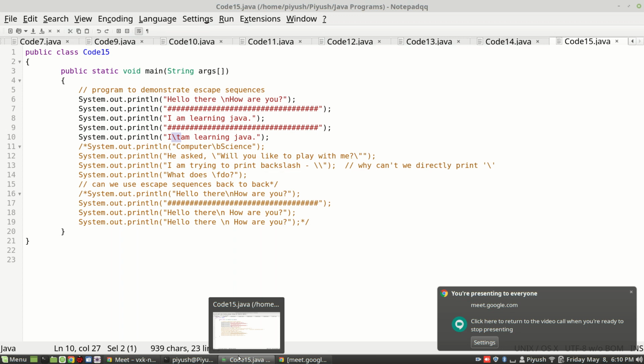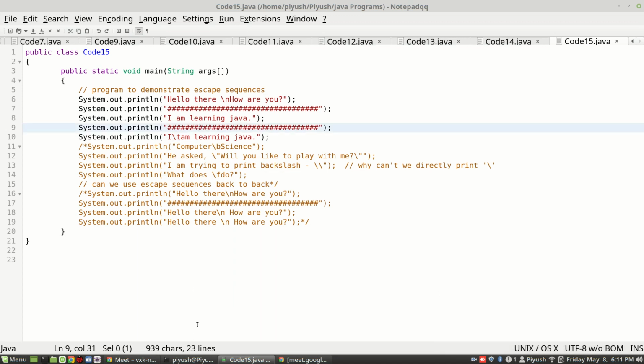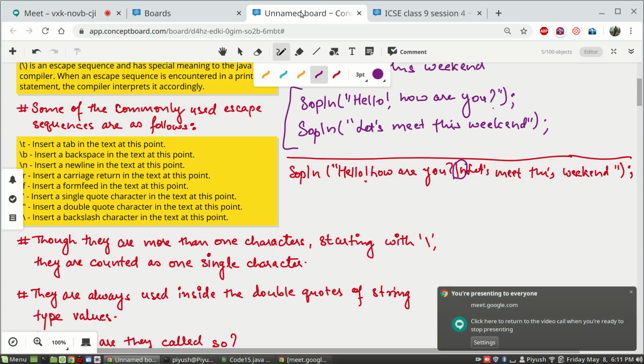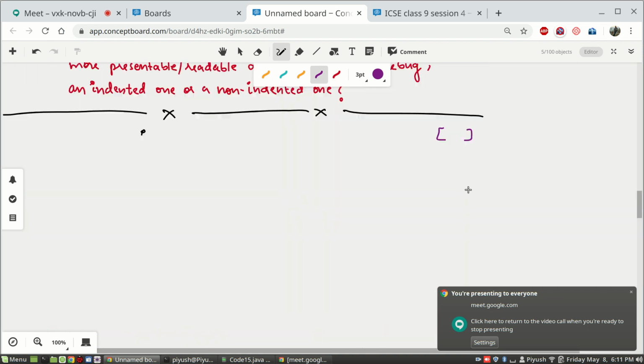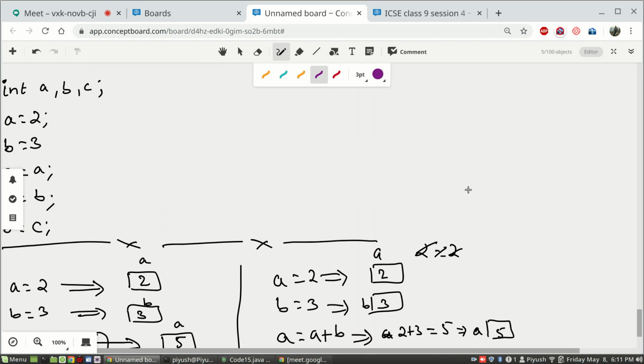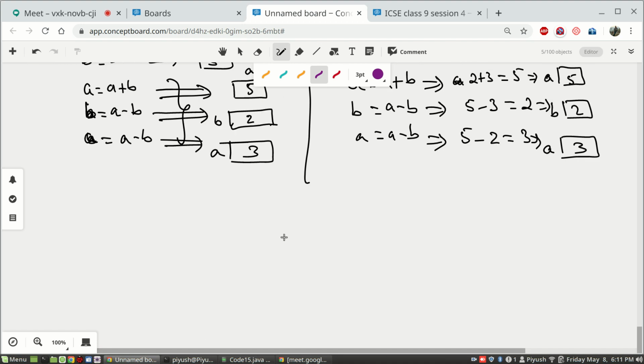Now we'll come to the third type of escape sequence. Tell me one thing. I'll come back to the board. If you have to print something like this, I'll come to the topic of escape sequences.